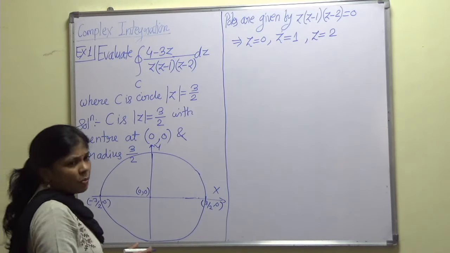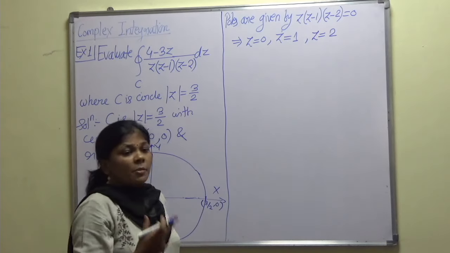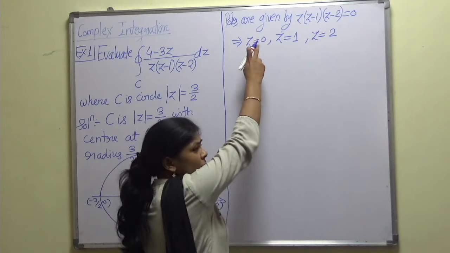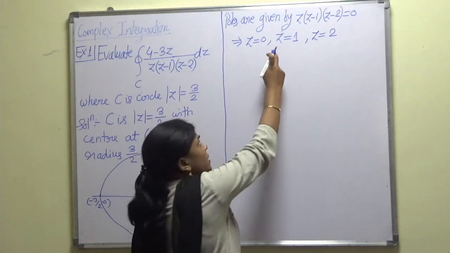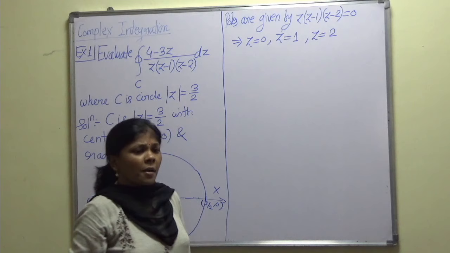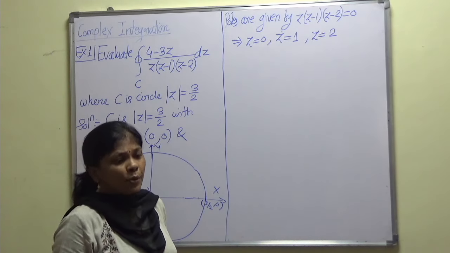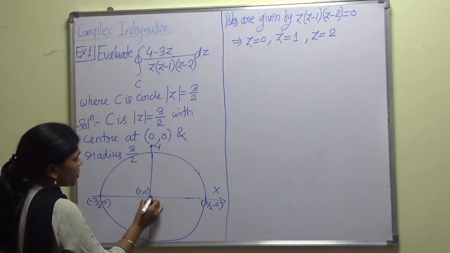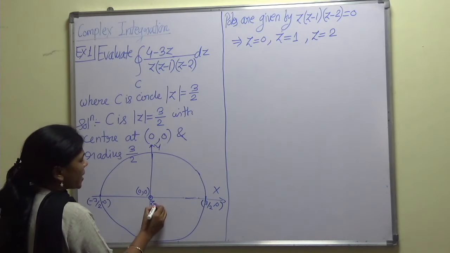So z equal to 0 means, what is meant by z equal to 0? This point is not having any imaginary part, that's why it will completely lie on the x axis, with no imaginary part on the right hand side, so this is completely real. It is similar to just x is equal to 0, right? So where do we have x is equal to 0? So here we have x is equal to 0. So this is the pole z equal to 0.